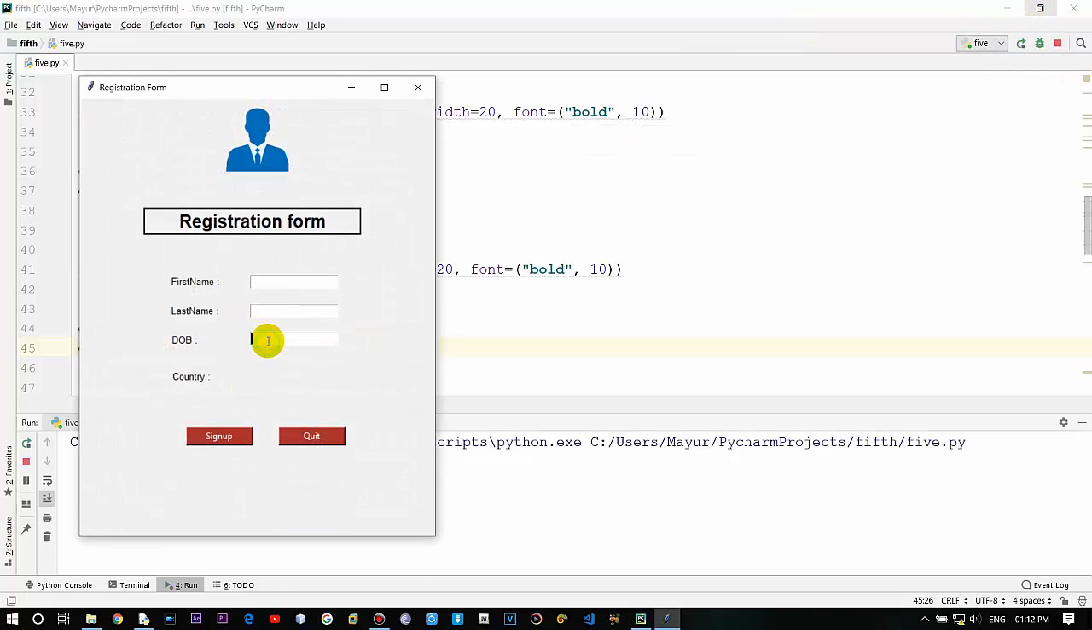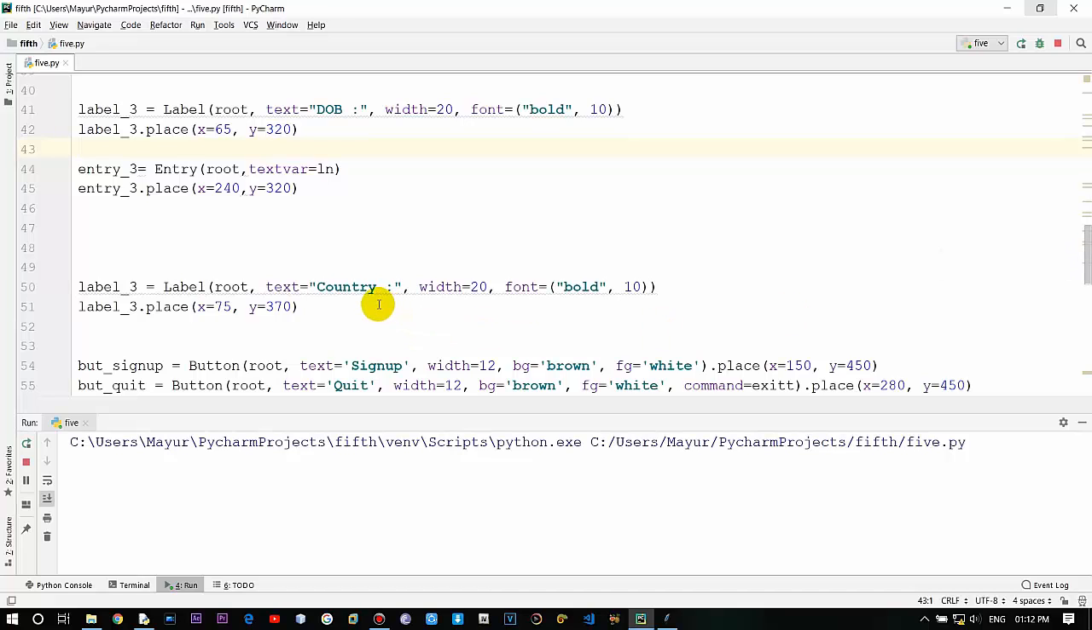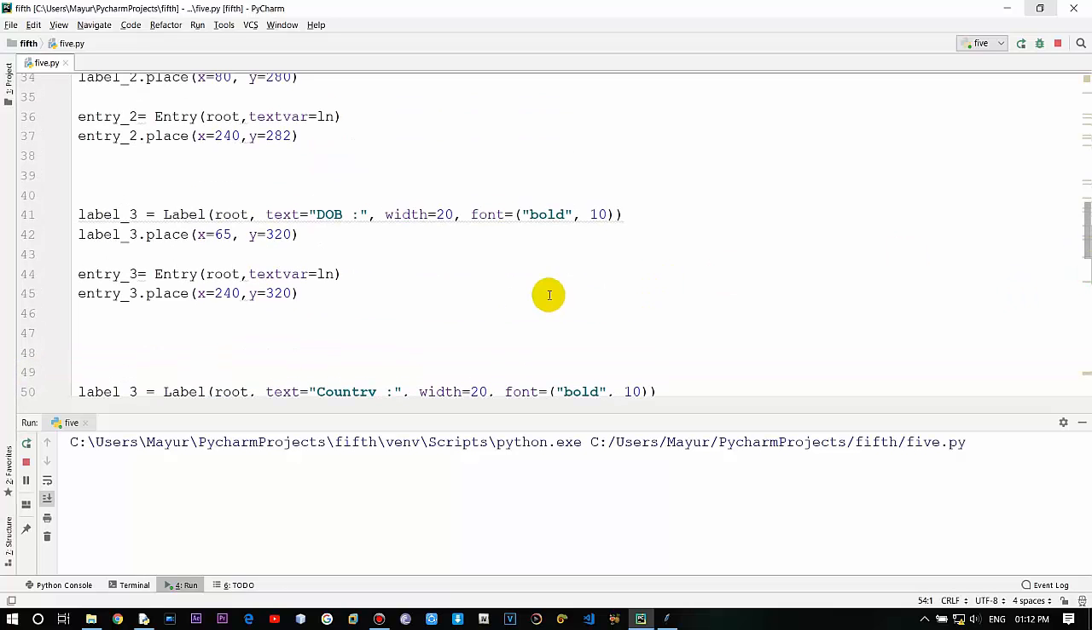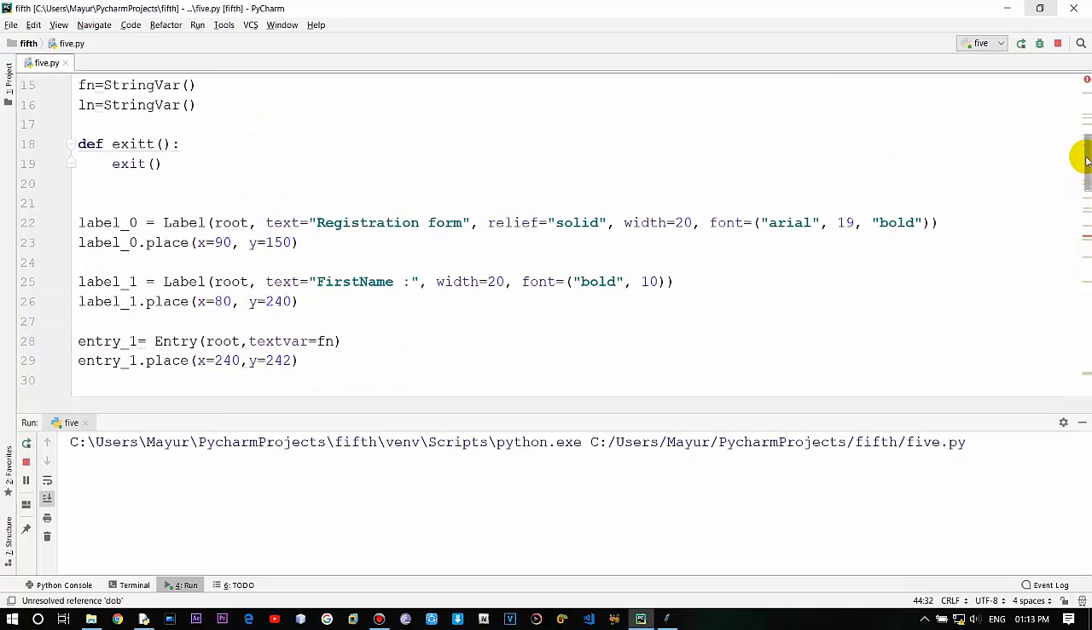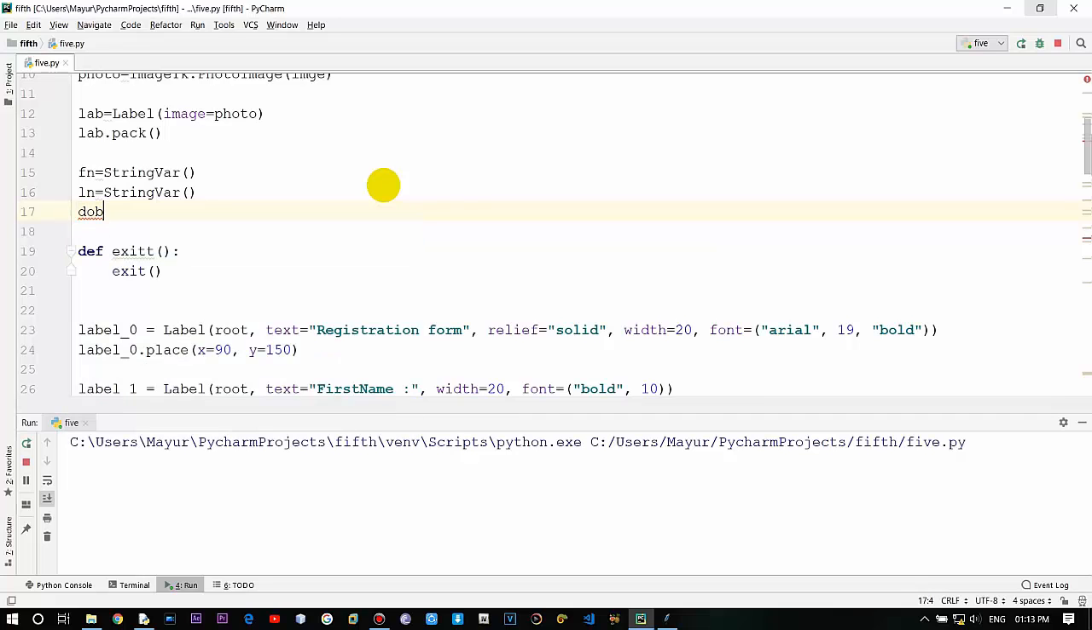It looks good. And now use a combo box. I'll just show you how you can use one, and also provide a string variable like we did over here. So for the date of birth we'll be using DOB as the variable, and just mention it over here. The DOB is equal to string var, right? Okay, so now